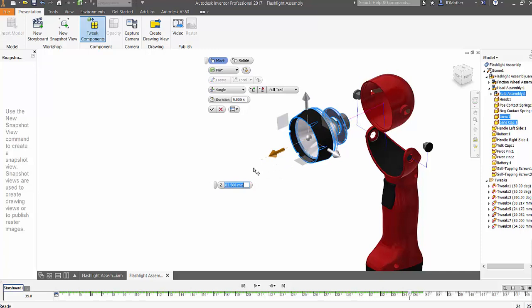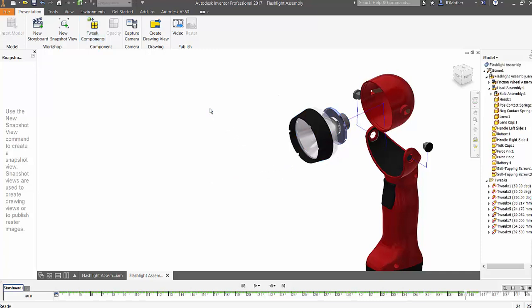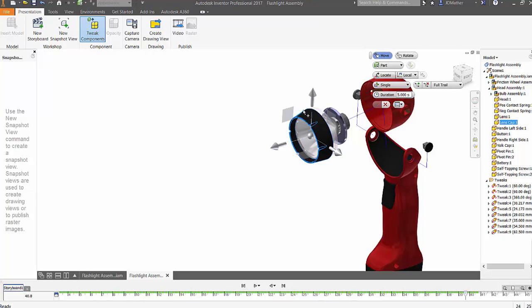That looks good, and I will accept that distance. Right, then I'm going to do tweak component again, and this time I'm going to select. You can either select the parts on the screen, I'll hold down the control key and I'll get that part, or you can do it over in the browser. And I need to get the